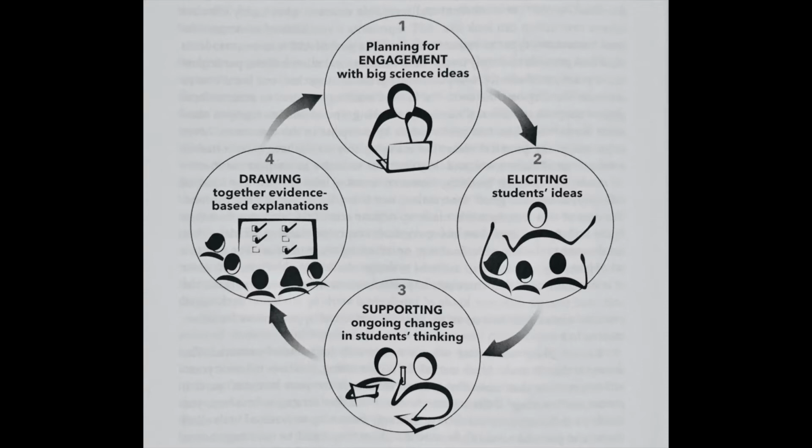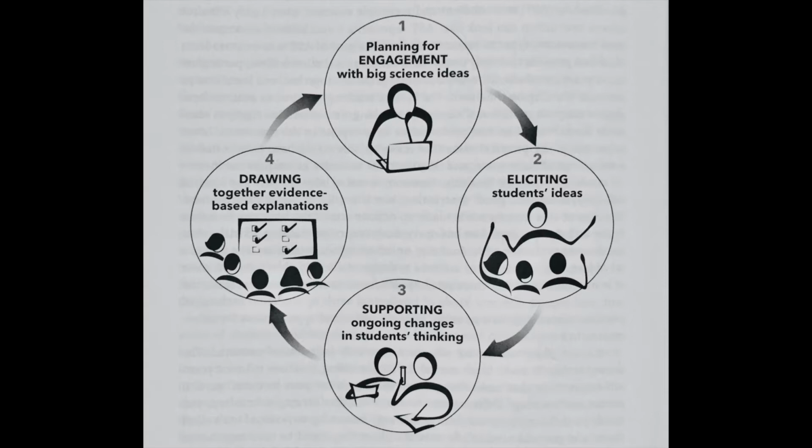I'm Megan, and this is Itzel, Joe, and Justin, and we read the text Ambitious Science Teaching, which was written by Mark Windschitl, Jessica Thompson, and Melissa Braaten, and was published in April of 2018. Ambitious Science Teaching is broken up into 4 core practices, which we'll be taking you through today. They are planning for engagement with big science ideas, eliciting students' ideas, supporting ongoing changes in student thinking, and drawing